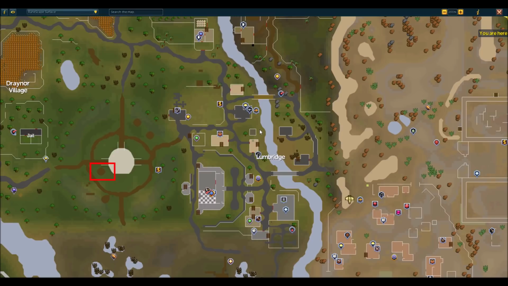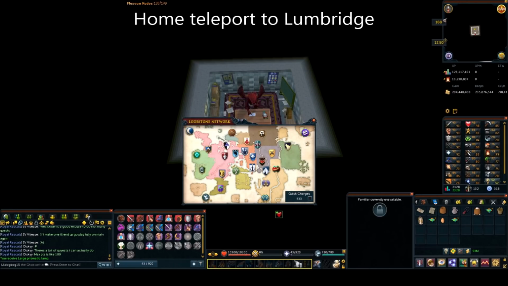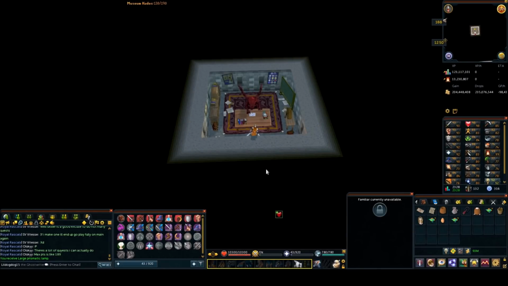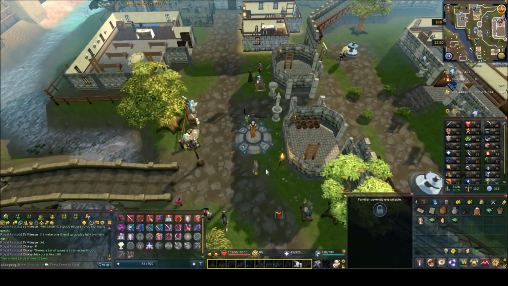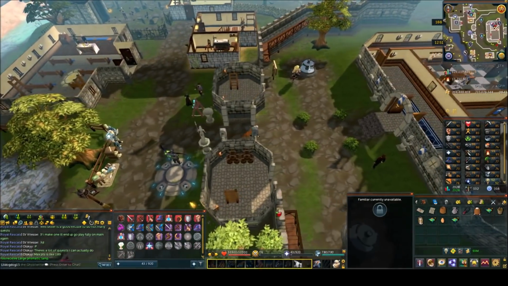All right, so once you get your egg, you're going to want to go back to the cook because you've got all the ingredients now. And he's located in the Lumbridge crater. So home teleport to Lumbridge. West of the Lumbridge lodestone is the crater. If you've somehow forgotten where it is located,